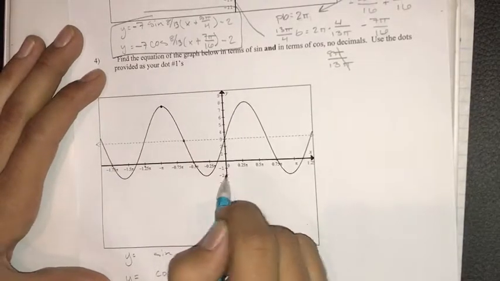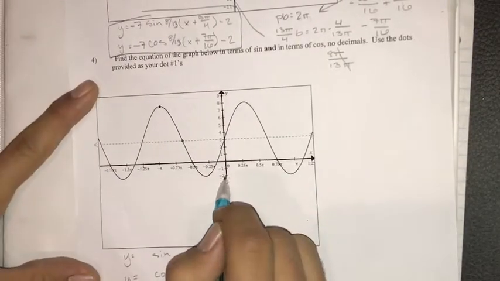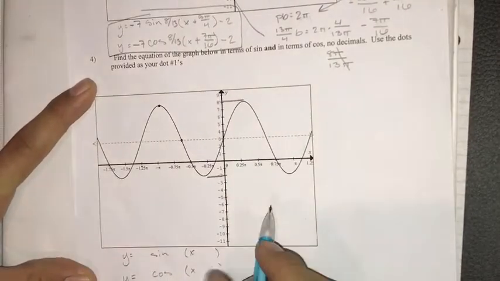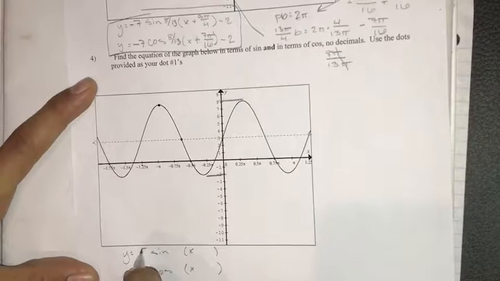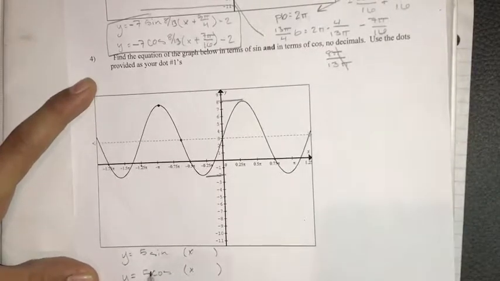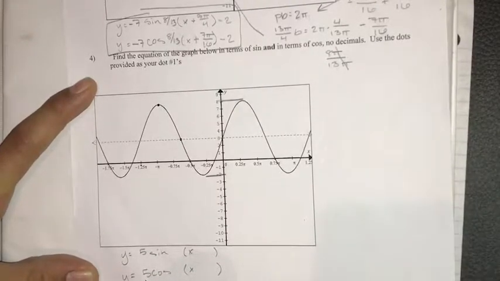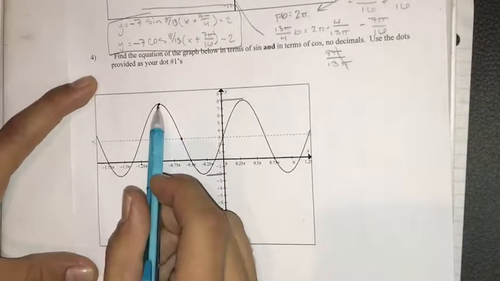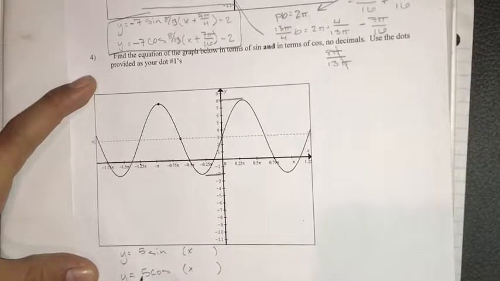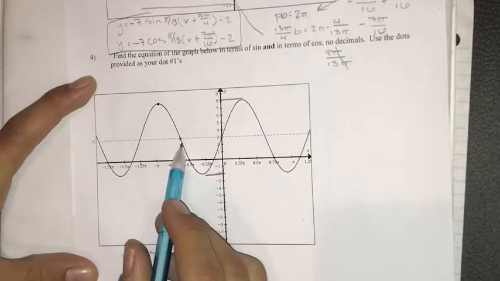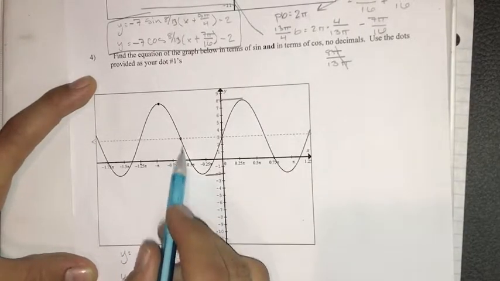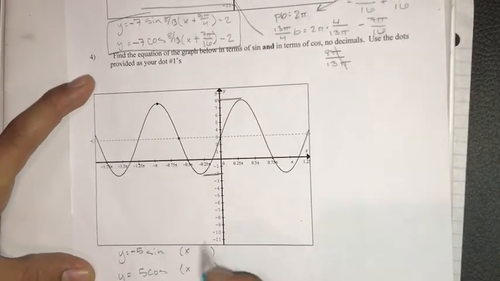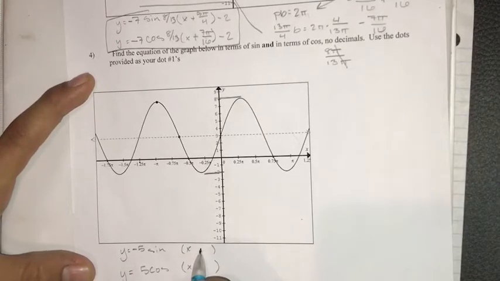And we can take this -2 down here and this +8 up here, and we know that that's a difference of 10. So our amplitude right here is going to be 5. Now to figure out if it's positive or negative, again, we would simply look at the graph. So we have our cosine dot up here, and it's headed downwards first, so cosine stays positive. But we have our sine dot right here, and that heads downwards first as well. So we know that that guy is negative. So then what we would have to find is